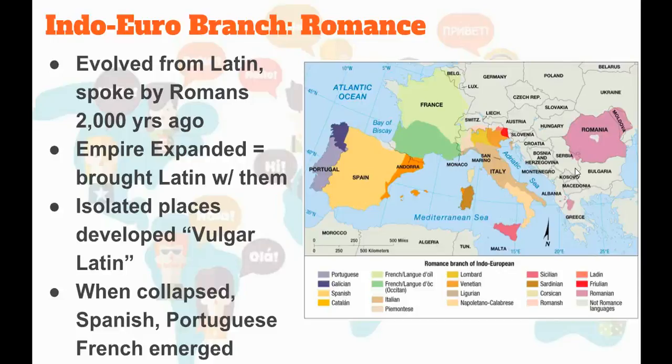But because they were isolated for so many years, separated from each other, they came up with this idea of vulgar Latin. This is a broken down version of Latin. So all these different places had their own little different version of Latin as the Roman Empire took over everything. Once the Roman Empire fell, their native language mixed in with Latin. This is why they're related a little bit, is that once they started breaking down,